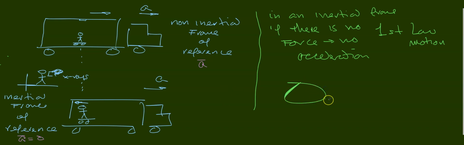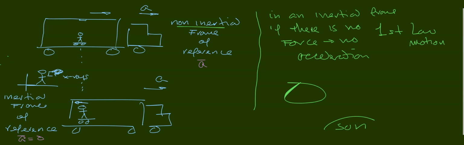The Earth has centripetal acceleration around the sun, so the Earth is non-inertial, but the acceleration is very small. We calculated that the other day. It's something to the -3 meters per square second. So it's very small, so we still assume the Earth is an inertial frame of reference. Notice that this statement tells us what happens in the absence of a force. It doesn't say anything yet about what happens if the total force is zero.